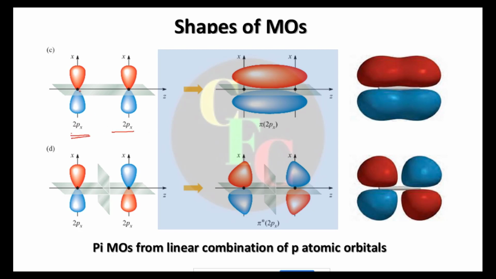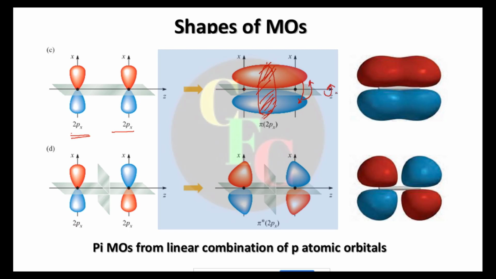Now this px orbital, if they are in the same phase, they can combine sidewise like this. Now if the phase is the same, right, you see, similar to the sigma bond formation, here also we have an increased electron density in between the two bonding atoms, right? There is an increase here, right, as compared to the individual atoms, right? Now you see, this is our bonding axis. Now if you rotate it, it will not be the same. If you rotate it 180 degrees, this blue one will go up, this will come down, right? So it will not remain the same.